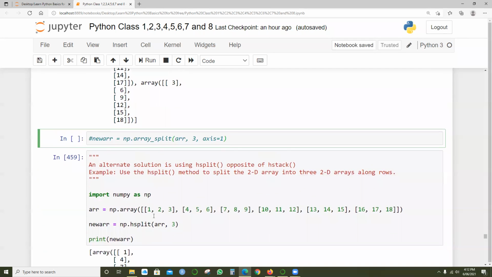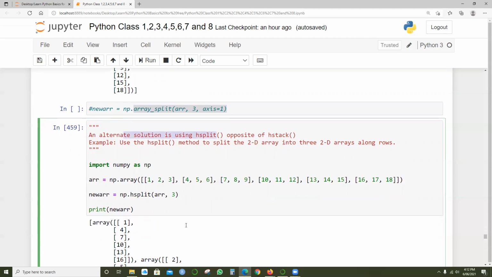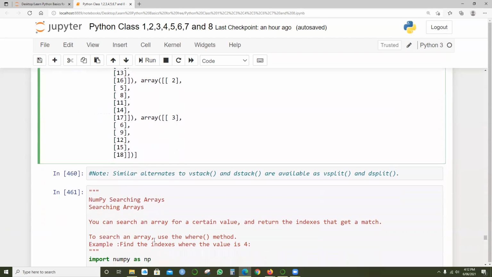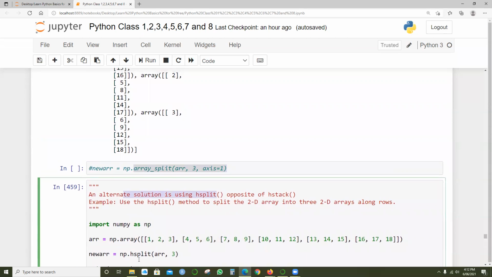So instead of array dot split, this line is going with H-split. So H-split can also give the same results. The only difference is that you're mentioning H-split instead of array underscore split.